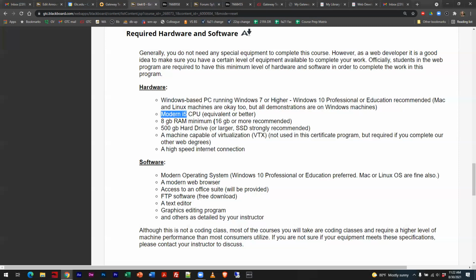But we have a problem going on in IT right now. You guys know what it is? There's a chip shortage. So it's really hard to get your hands on machines. I got lucky, I got my machine before that really kicked in, but some of the major factories over in Taiwan have problems with water supply and getting the materials. And now that Afghanistan's in a state of turmoil, we're going to have even more problems. Because you know what Afghanistan is number one for in the world? All the rare earth minerals that go into building circuit boards and CPUs. And now it's in the hands of the Taliban.